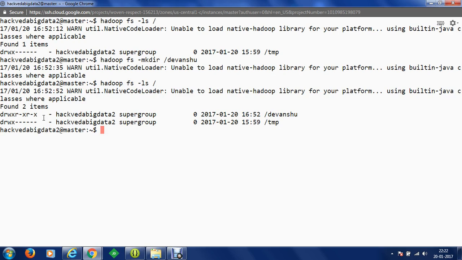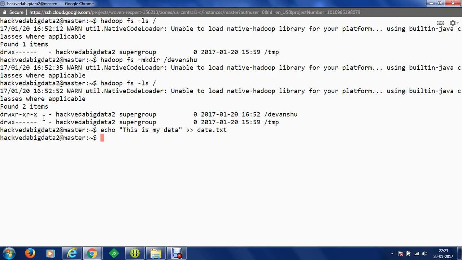Let's say I want to put a file from my current ext2 file system into HDFS. Let's say we create a file. This is my data, and I am going to put that into a file known as data.txt.